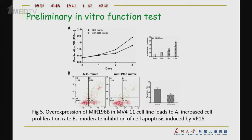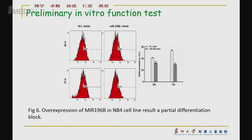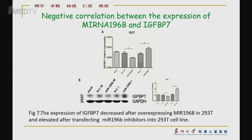In order to evaluate the role miR-196b plays in leukemogenesis, we did some preliminary experiments, and we found that when we transfect miR-196b into cell lines, we noticed an increased cell proliferation rate and moderate inhibition of cell apoptosis. The overexpression of miR-196b could result in a partial differentiation block. We also evaluated the expression correlation between miR-196b and IGFBP7, and found that when we overexpress miR-196b in cell lines, the expression of IGFBP7 decreased, and when we suppress it, the level of IGFBP7 elevated, which indicates a negative